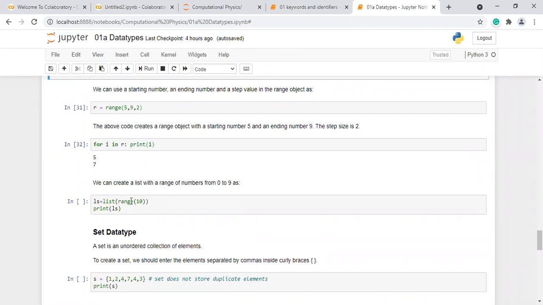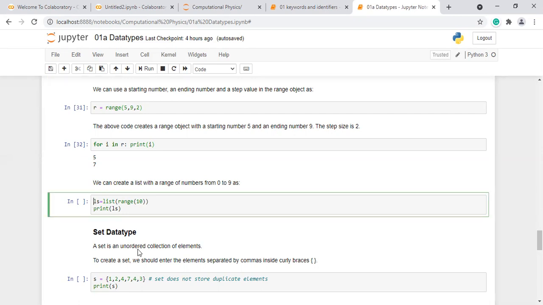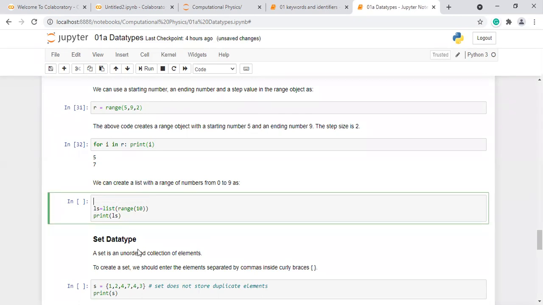Say for example, my_range equal to range within brackets 10.